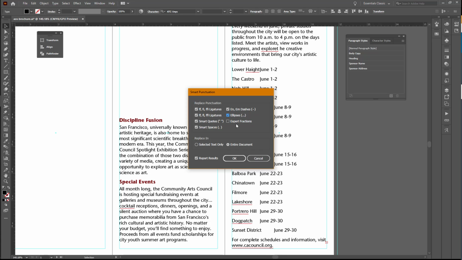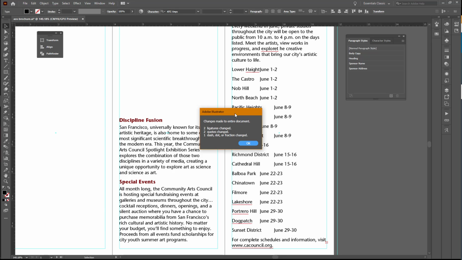We want to select ellipses. We do not want to select expert fractions at this point. And we're choosing the entire document and say OK, and you can see that there were a few things that changed. Something over here popped. We had 2 ligature changes, 2 quotes were changed, and 1 dash, dot, or fraction. Say OK to that, and I'm going to stop right